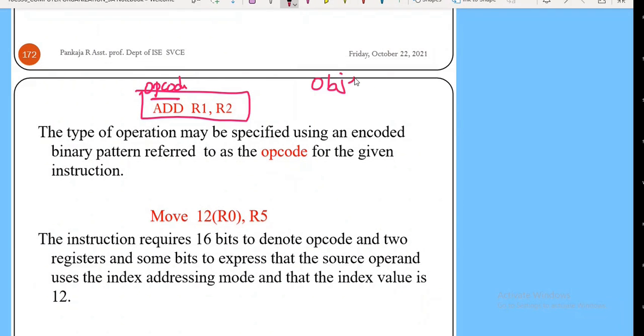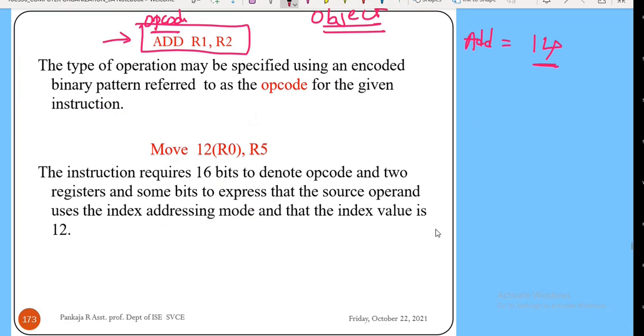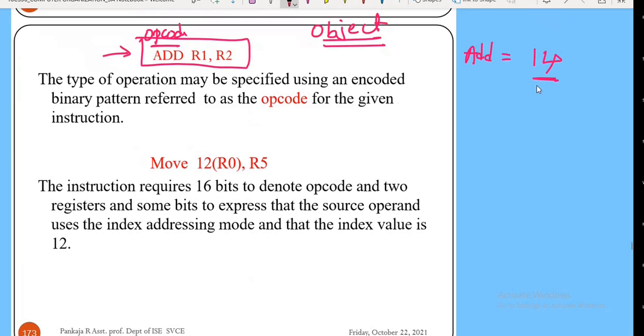Yes, so we call this the opcode, and this is also represented in binary. When it is converted into the object program, everything is represented in binary. For each instruction there will be a predefined number. For add, the value assigned is 14. Whenever the conversion starts, the keyword is replaced with the value 14, and that is how the encoding or conversion to the object program takes place. This 14 is once again represented in binary, then R1 is represented in binary, R2 is represented in binary. So whatever program you write is represented in the object program for execution.